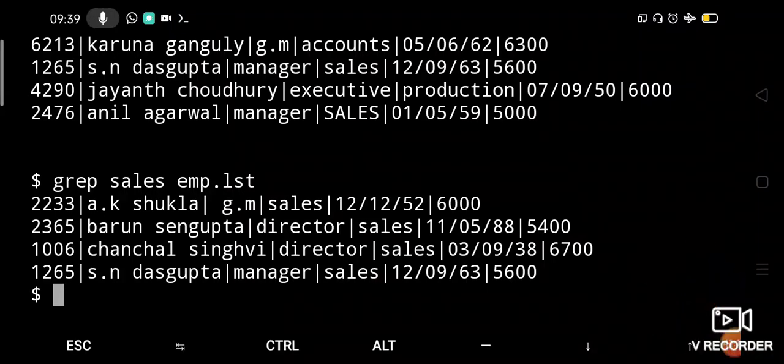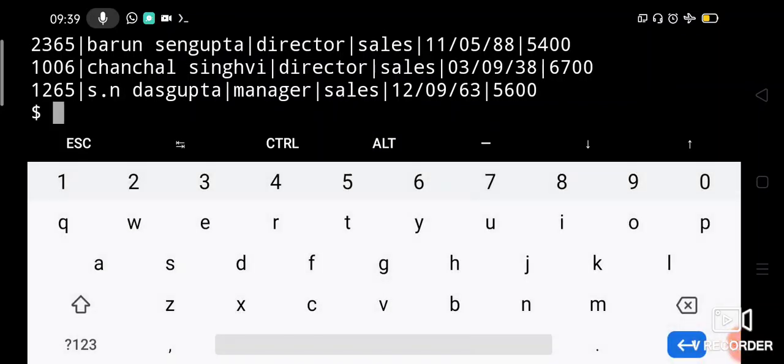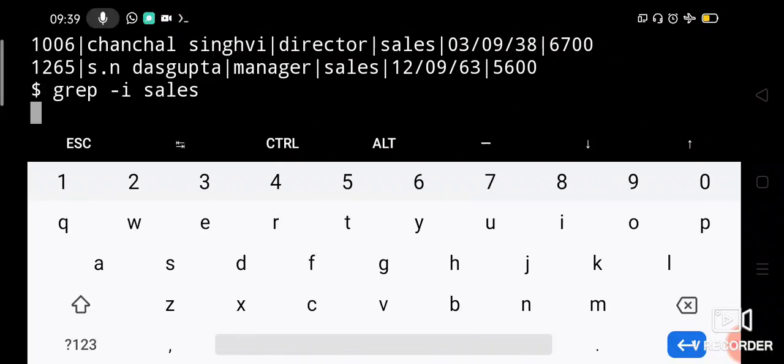Now to get the sales pattern both in capital and small, you can use the -i option. Let us say grep -i sales. Now it will ignore the case. -i is for ignoring the case, either capital or small, both it will display. Sorry, the file name we have not given, right? So give the file name.